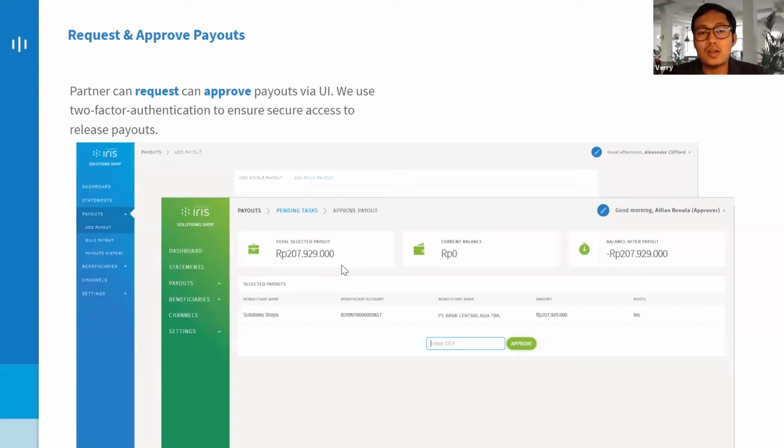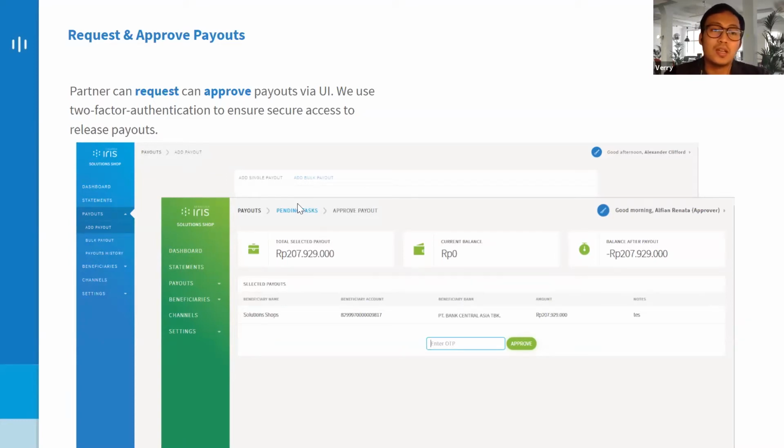And then the other feature that we have is the requester and approver feature. So what is the difference, right? The requester is the person who has access to create payout instructions through the dashboard, and the approver is the person who has the authorization to approve or reject the payout, right?